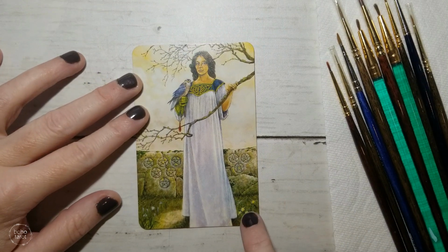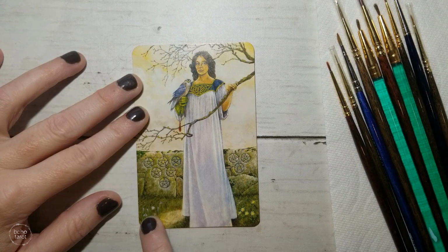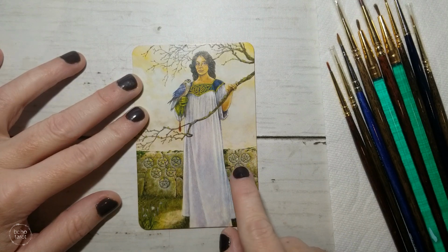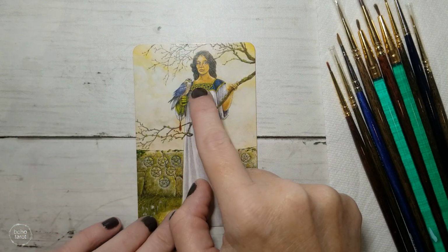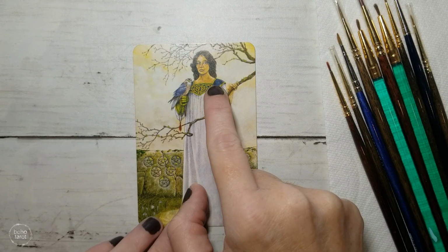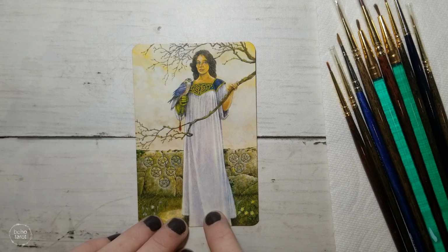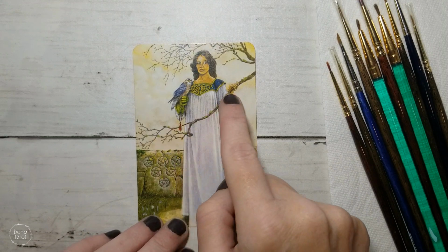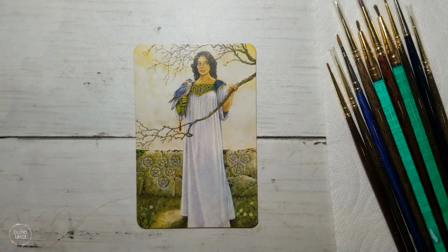So I want to accent these little yellow flowers. I want to accent these white flowers. I want to accent our 9 pentacles. I want to do some accent on her glove and the delicate knotwork on her dress, maybe a little bit of the bird, and then I want to add some pearlescent to her dress as well. And we might add maybe some texture to the branches as well,